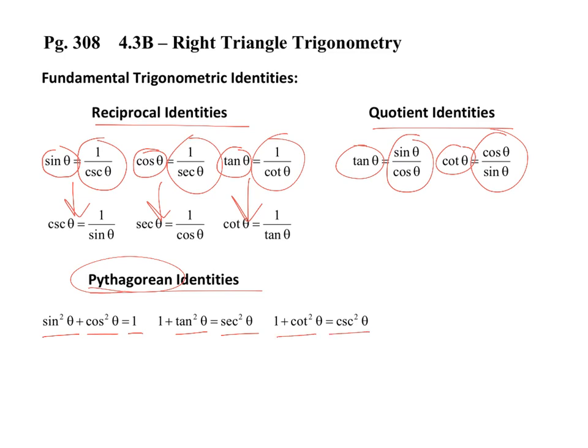So this is the only one where the trig functions are grouped together. And for the other two, you're adding 1 to either the tangent or the cotangent. All right, so let's see how it works out